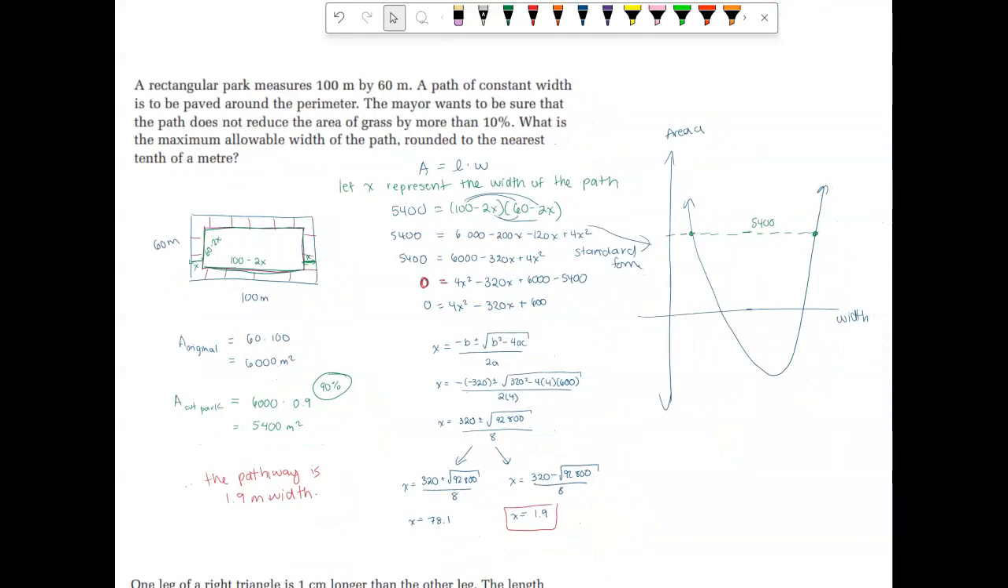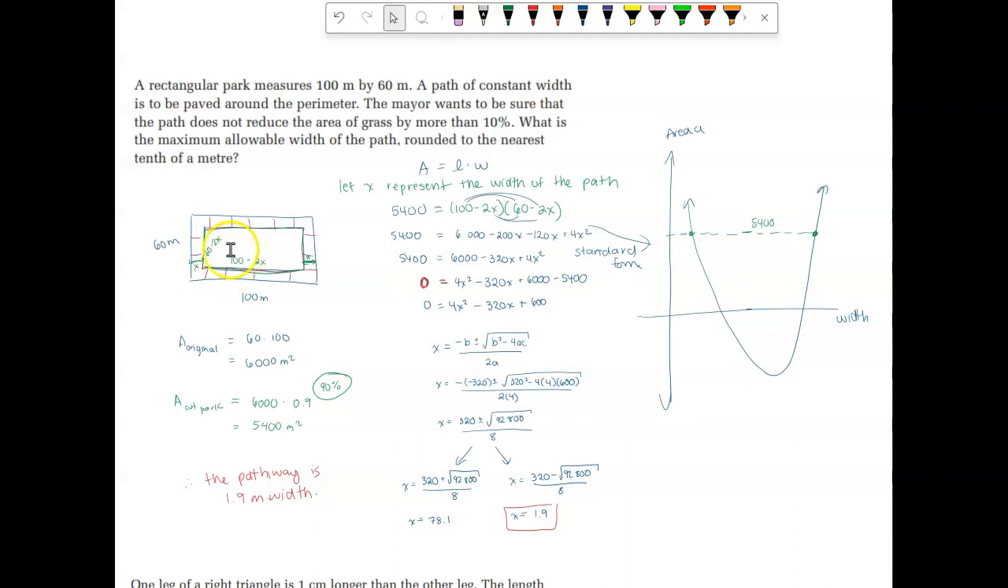So just quickly, here's an example. You'll see this in my content library, a word problem I've worked out. So here we have a rectangular park that measures 100 meters by 60 meters. They want to create a path of a constant width, so the same width around the perimeter of this park. So they want to pave around the perimeter of the park. The mayor wants to ensure that the park does not reduce the area of the grass by more than 10%